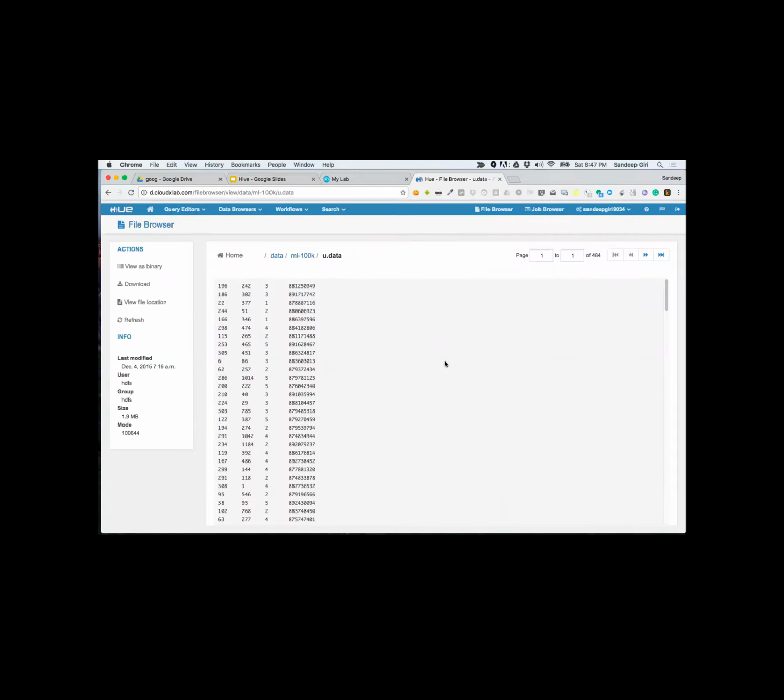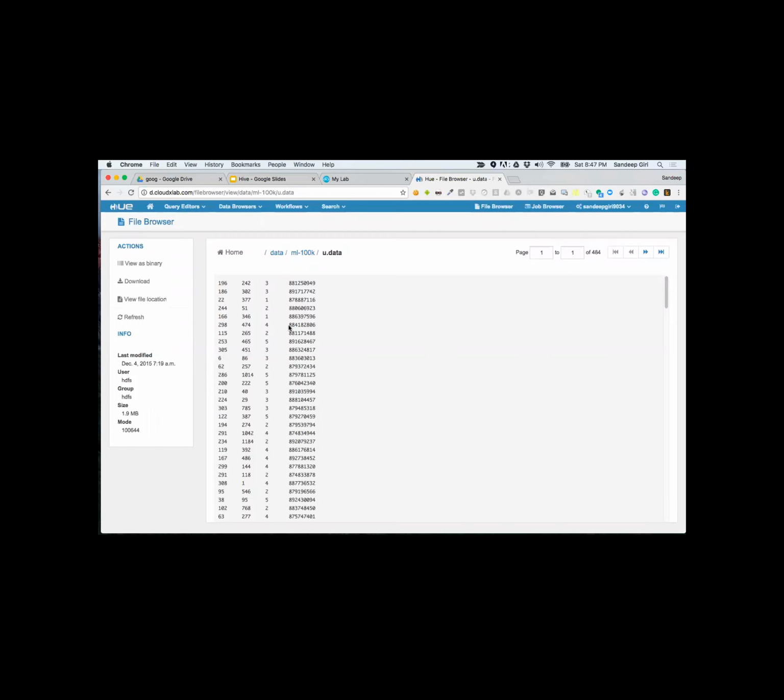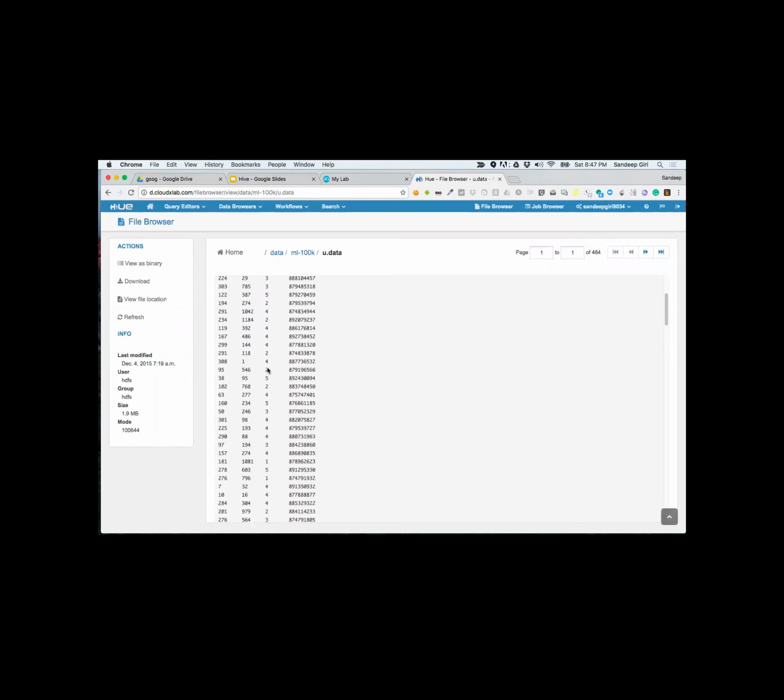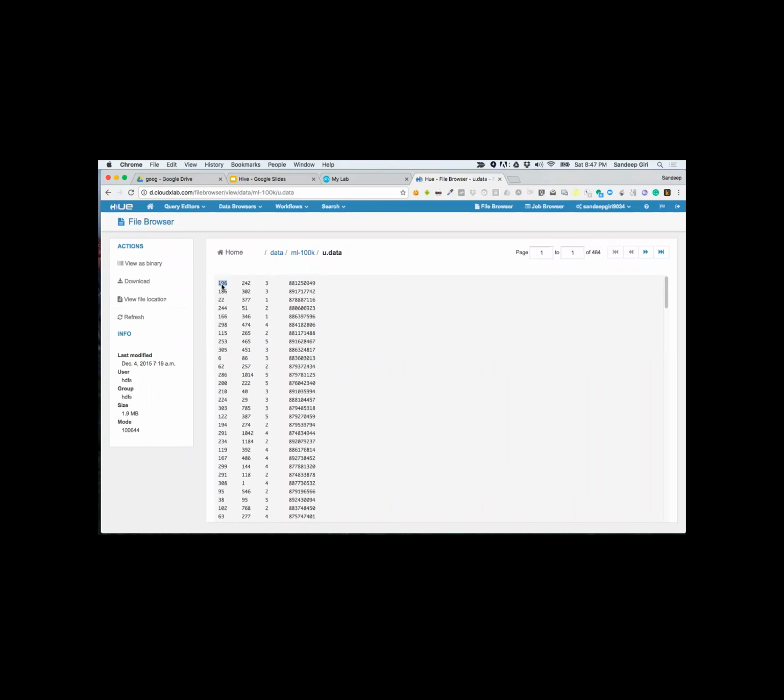This data is from a website called MovieLens, and basically it's a rating on movies. People have given various ratings to the movies they have watched, and the ratings are out of 5. This number represents the user ID, this number represents the movie ID, this number represents the rating, and this is the timestamp. Timestamp is generally counted as milliseconds since 1st January 1970. That's the epoch.